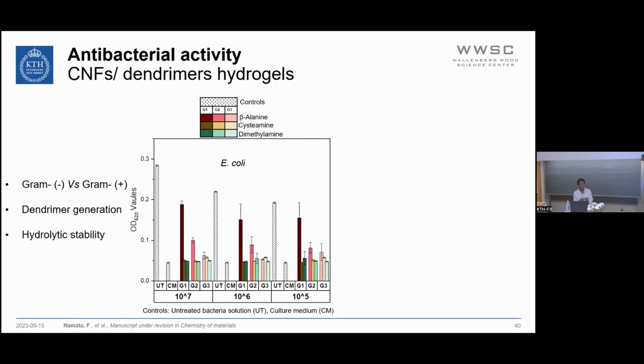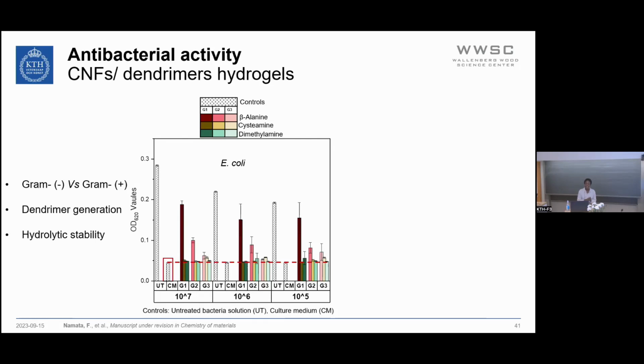We treat our hydrogels with different concentrations of bacteria solutions. We then measure the absorbance, which is given the abbreviation OD, which stands for optical density values, and we compare these values with the control solutions, which is the untreated bacteria solution and the culture medium, which doesn't have any bacteria. And what we're looking for is numbers that are the same values as the culture medium for us to show